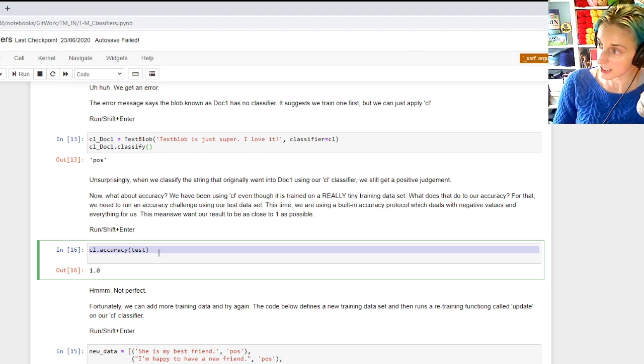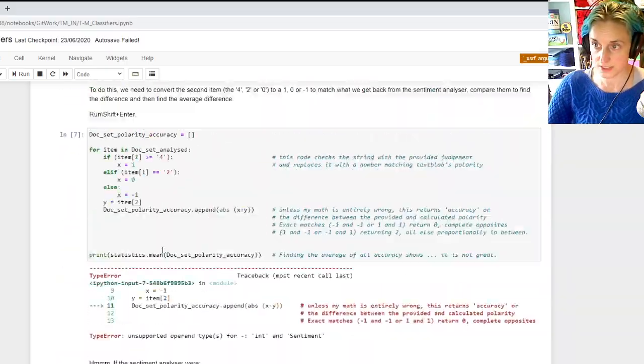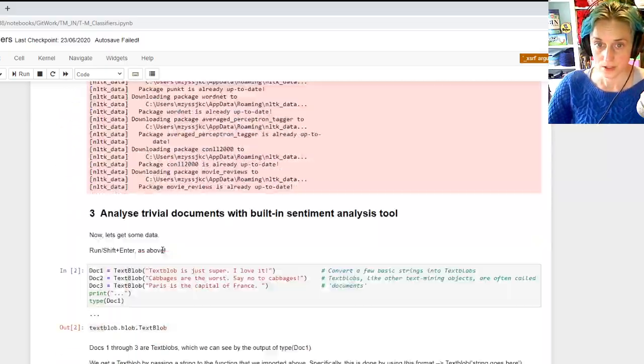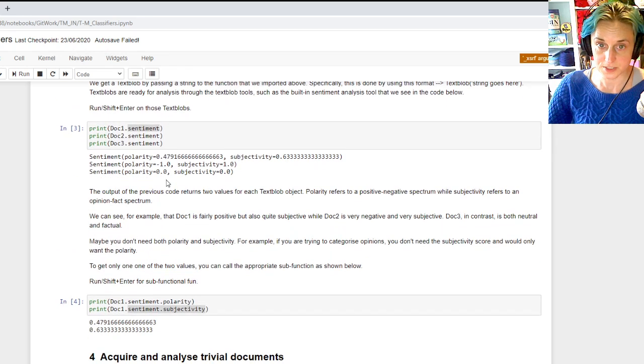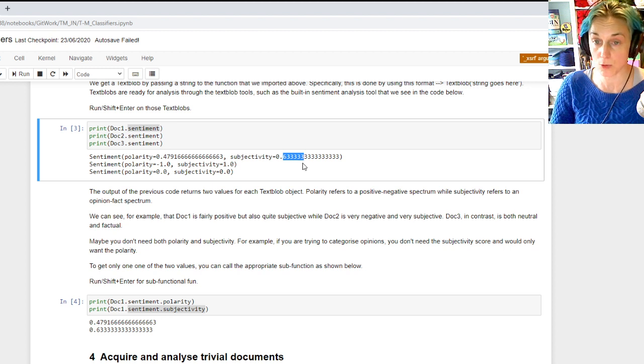Okay, and Catherine asks, can you assess accuracy by specific features of the data? For example, physics papers from the US being easier to classify versus those from UK. Yes, when we address up here where I talked about polarity and subjectivity. Polarity in this case is its suggestion for is this positive or is this negative, and subjectivity is its confidence, how confident is it in that positive or negative